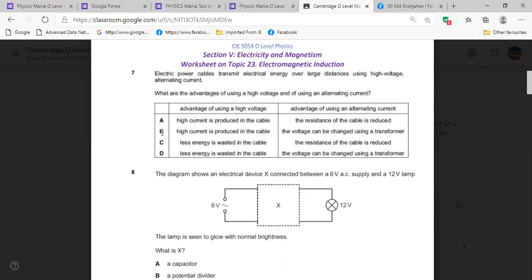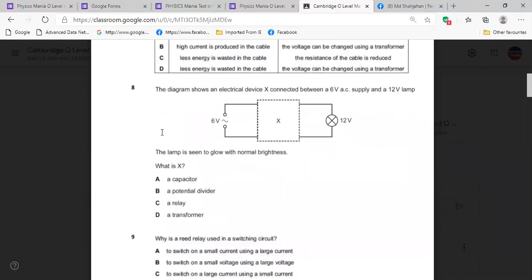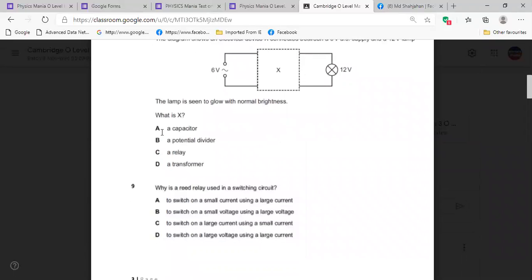It is written in your notes, check. At the beginning of the transformer, how the transformer works is written in your notes. So what should be your answer? Option D, right? Yes. Look, nothing is outside of your notes. Then next,